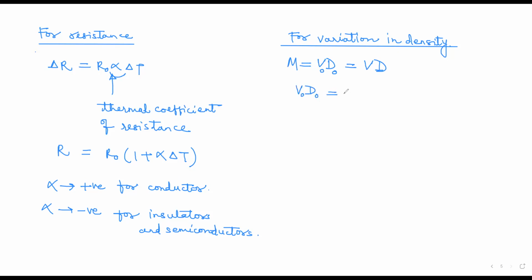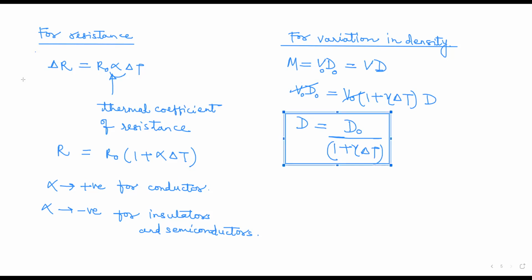For V at any temperature T, we have just now derived it: it's V naught times 1 plus gamma delta T, into D, right? So you can now see here that D is D naught, this V naught cancels out, D naught upon 1 plus gamma delta T. Yes or no? You can see here, since gamma is positive, with increase in temperature, density is decreasing,